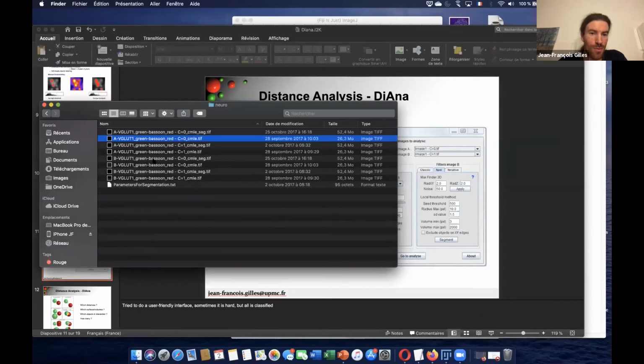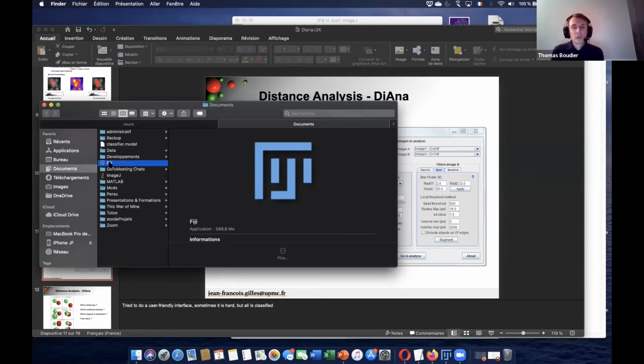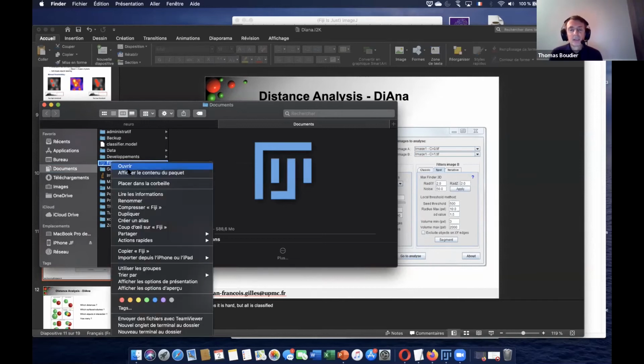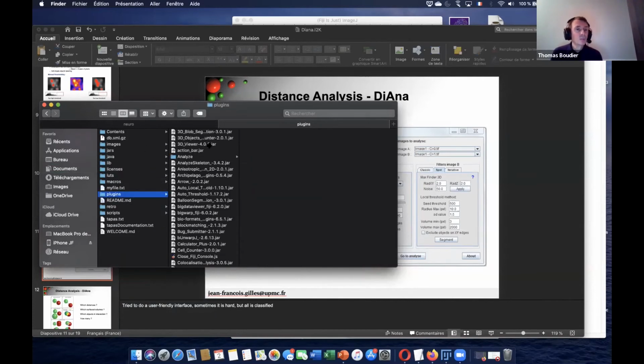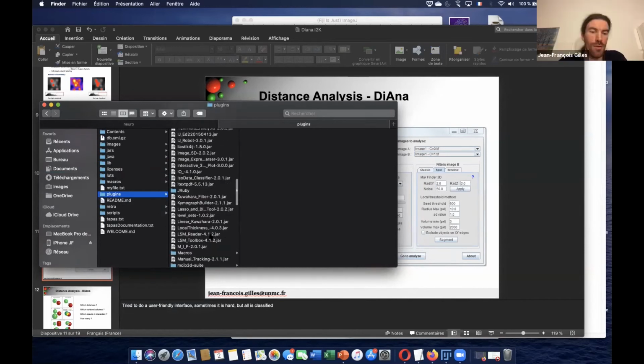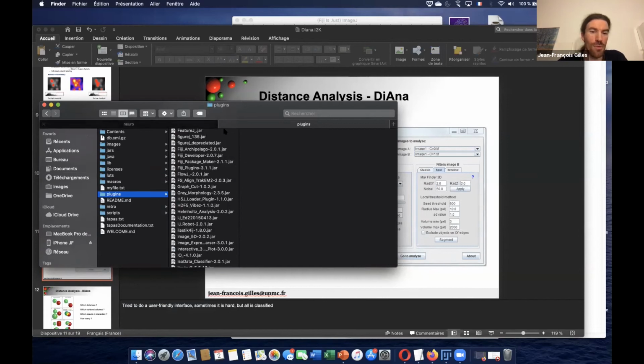For Mac users like me, you can also download the jar file and drag and drop it onto Fiji. It will automatically copy it into the plugins folder. Okay.